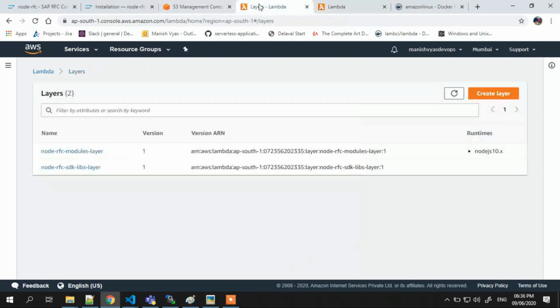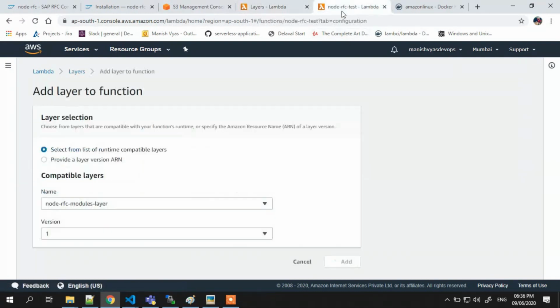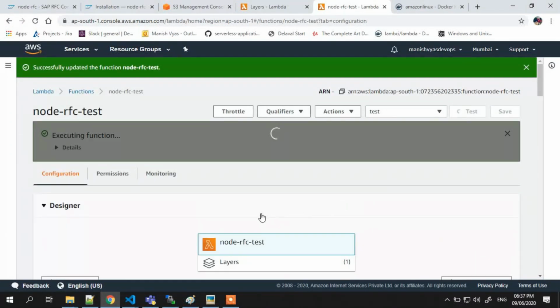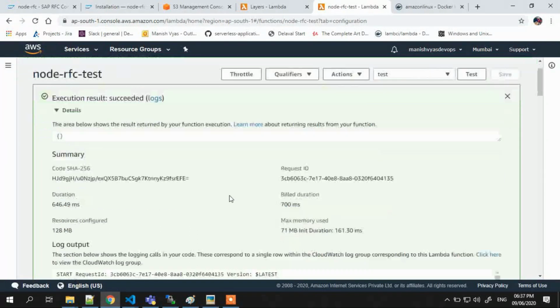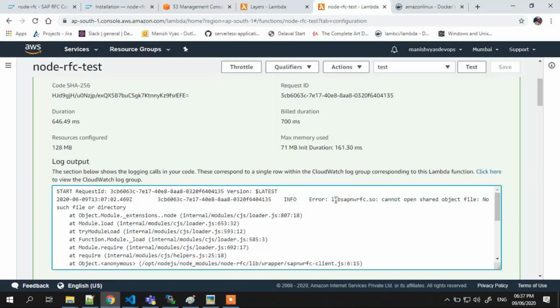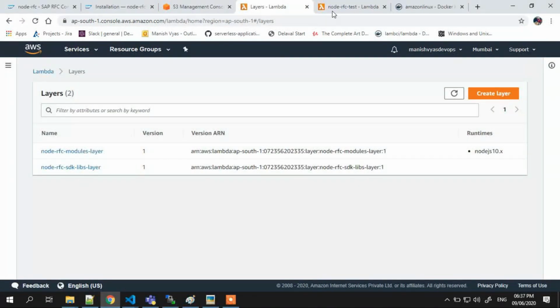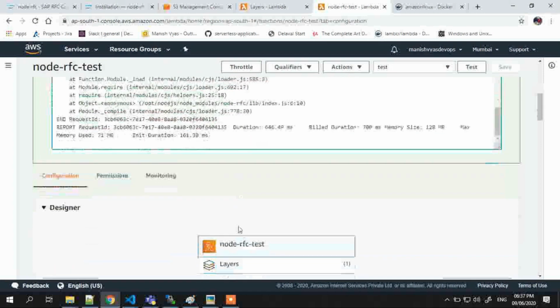The layer that we created, we are now attaching to this Lambda. So let's test it again. Now we are getting an error: libsapnwrfc.so not found. So it is time to load the second layer, the SDK layer, into this Lambda function.